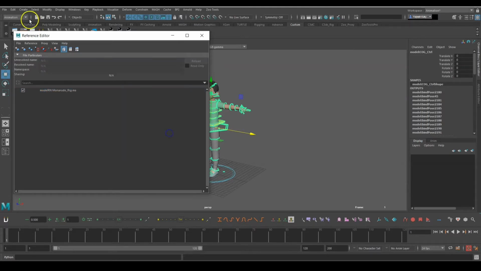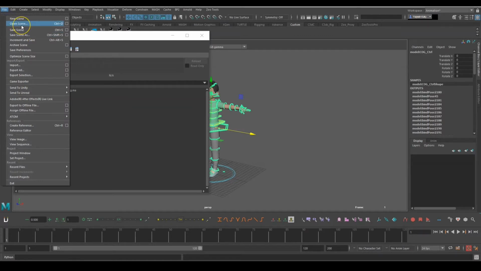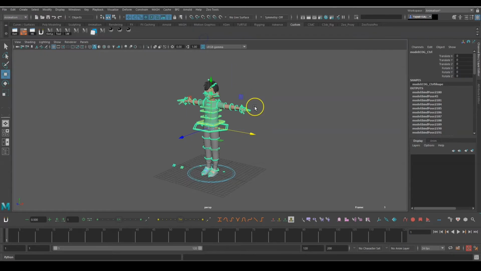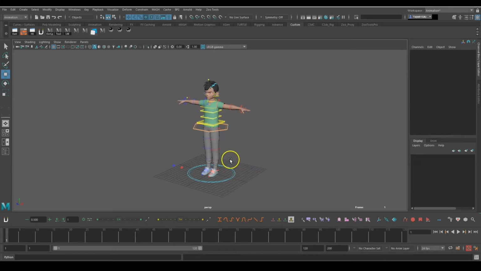If you open the character scene directly and work on it, then after an update, or if you break your Maya rig, delete anything by mistake, or your file gets corrupted, you won't get that file back. So it is always better to use a reference.